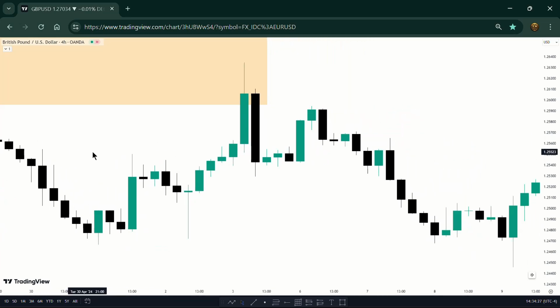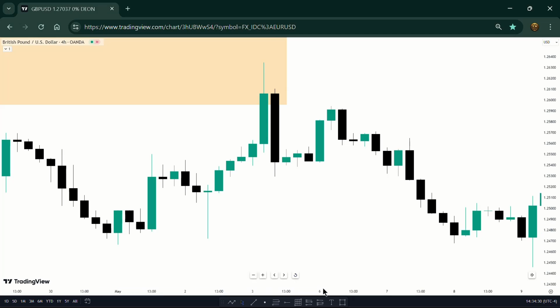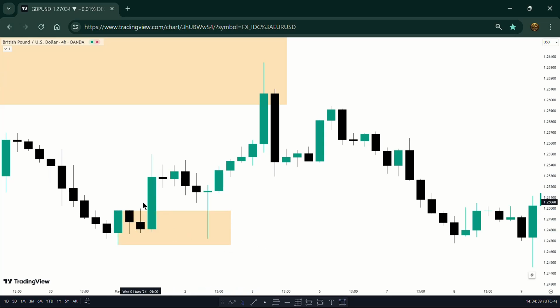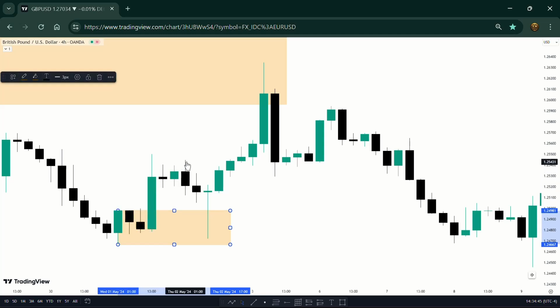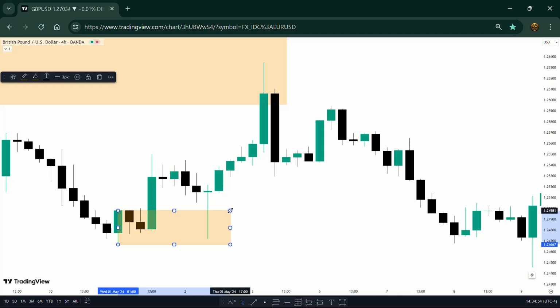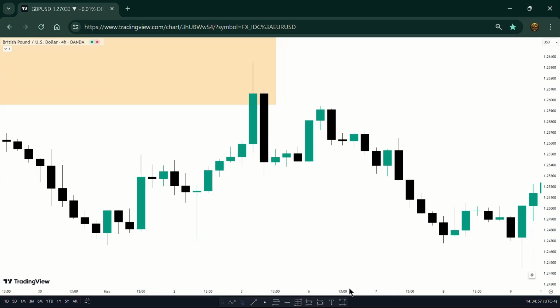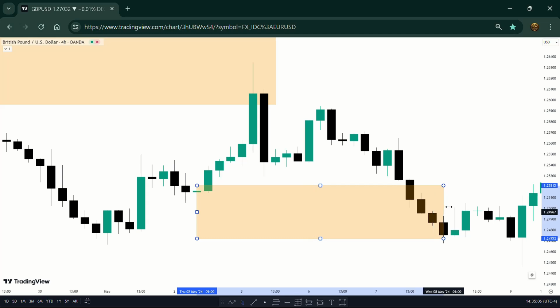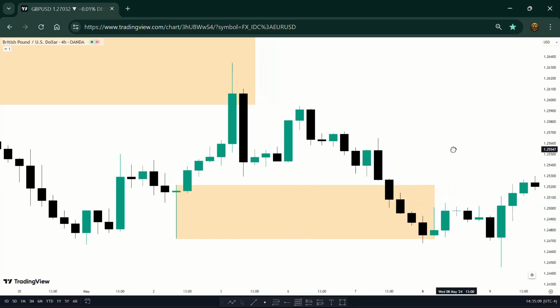Oh, okay, there's one here, this one right here, which was confirmed by this long candle here. And then the market came back, reacted to it, and then jumped. So it's not always that the market reacts to a single candle order block, but it reacts to it a lot, a lot. This was a single candle order block which was completely taken out here, but